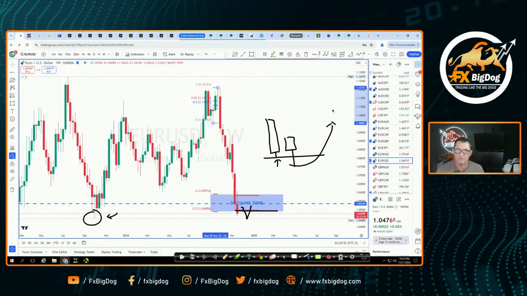Now, who are the buyers? It's the smart money. Smart money is coming in at those levels because it's the smart money that's pushing price down to take out that liquidity. The market needs fuel to move, and liquidity is the fuel that it lives on. In order for the price to move, it needs to get down to those areas, grab the liquidity, fuel up, and then take off again.